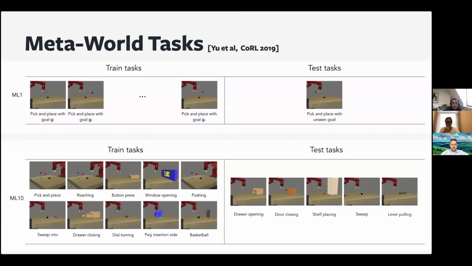Here you can actually go beyond the dynamics. There is a simulator called MetaWorld, and here not only the dynamics but also the objectives are changing. You have a simple robot arm in simulation, and you can choose a different goal. The type of the goal or the type of the environment is sampled randomly in meta training.